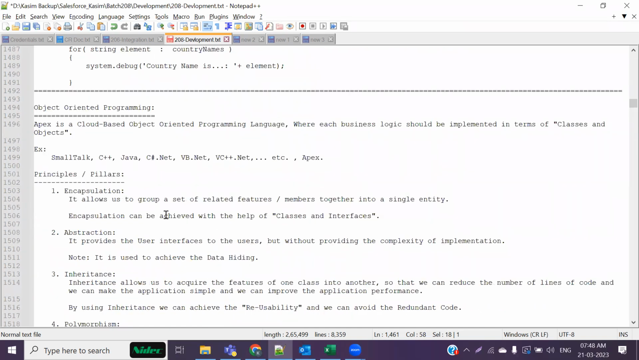And next, I'm going to start with the principles of object-oriented programming. We don't have to go much deep into the theoretical concept. Knowing that Apex is fully an object-oriented programming language is enough. This is enough, although. So, see,